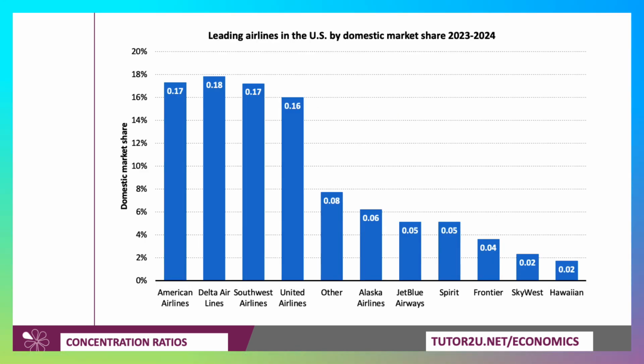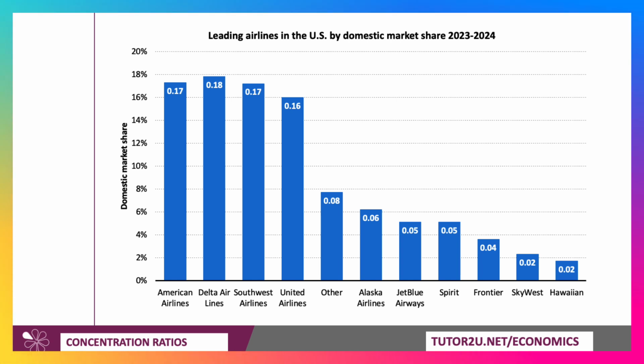A couple of examples for you. Well, actually three examples. Here's the one that's interesting for me. The leading airlines in the USA. So this is the domestic market share in 2024, actually. So this is the latest data. And you can see here that four airlines dominate the market. So American Airlines, Delta, Southwest and United, and then a whole bunch of others, cumulatively 8%, then Alaska with 6%